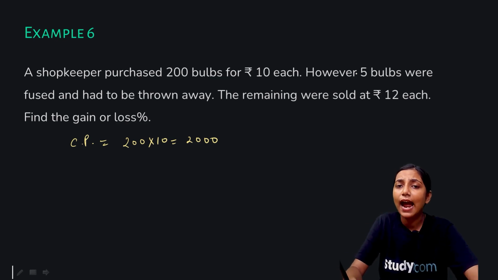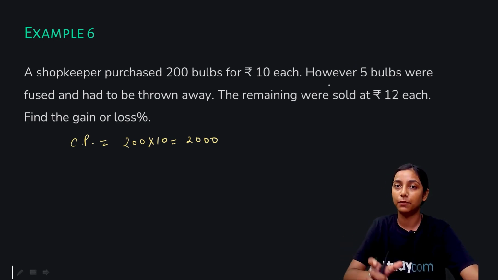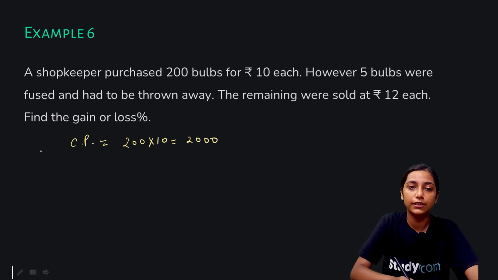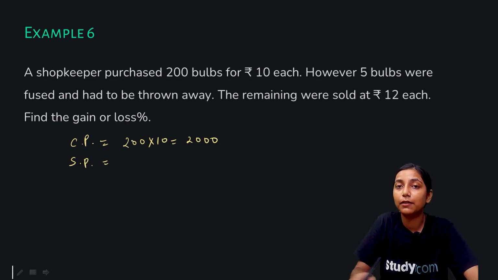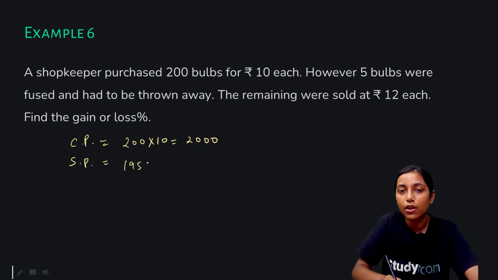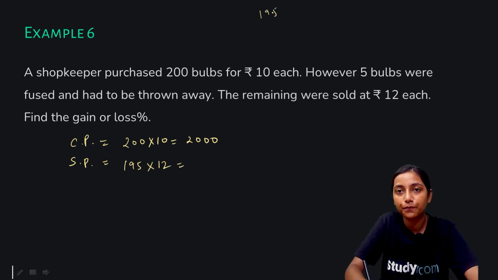5 bulbs were fused and had to be thrown away. So now the bulbs left are 195. The remaining, that is 195 bulbs, were sold at rupees 12 each. So the selling price is 12 for each bulb, and total bulbs are 5 subtracted from 200, that is 195. 195 into 12, this is our selling price. Solve it, and you will get